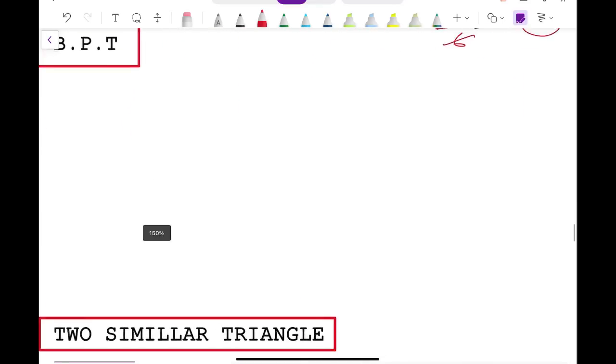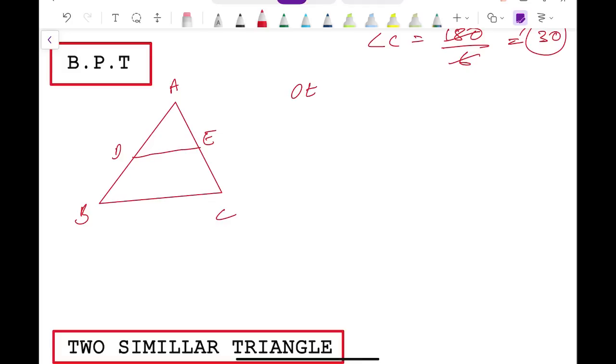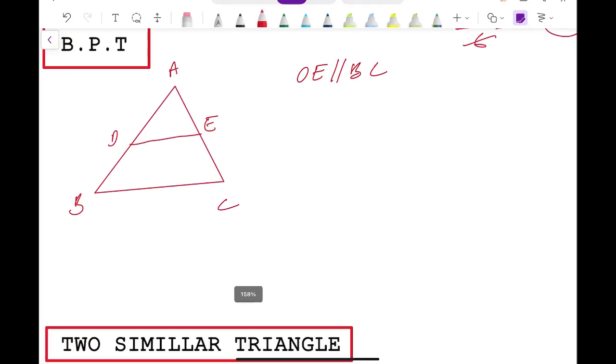Now next is PPT. So in this type of question, the question can be asked this way. You will be given a triangle, and you will be given that these 2 lines are parallel. Let's say this is A, B, C, D, and E. You will be given DE is parallel to BC. So if this line and this line are parallel, then in that case we have an equation by basic